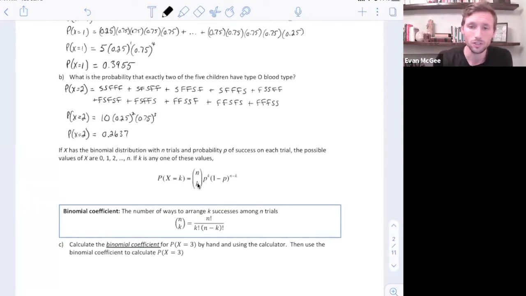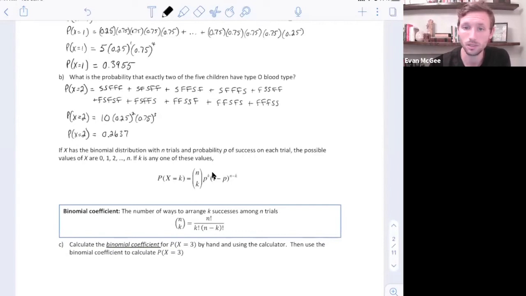The binomial coefficient is shown by n over k. That is the number of arrangements of successes based on the number of trials. P represents the probability of success. So for this problem, the probability of success is 0.25, raised to k, which is the number of successes, 2 successes,